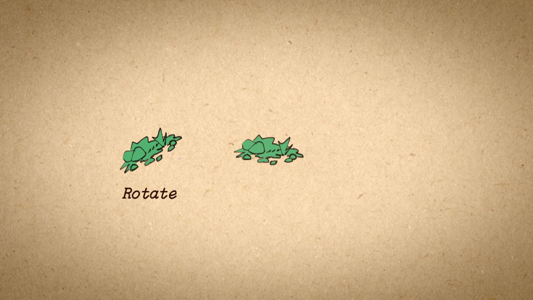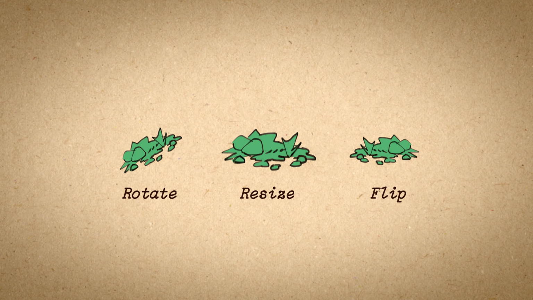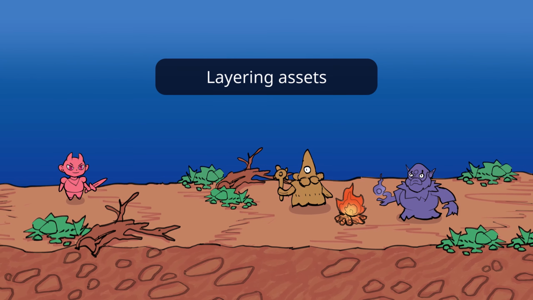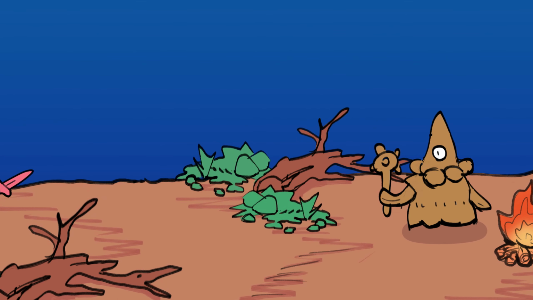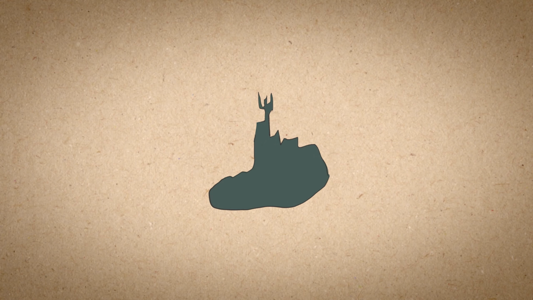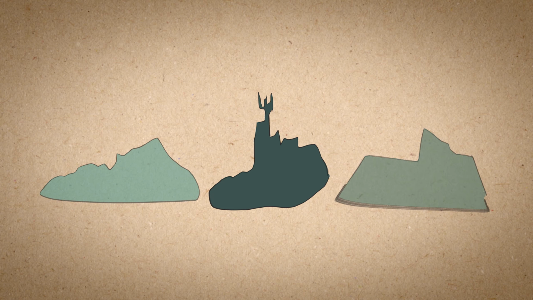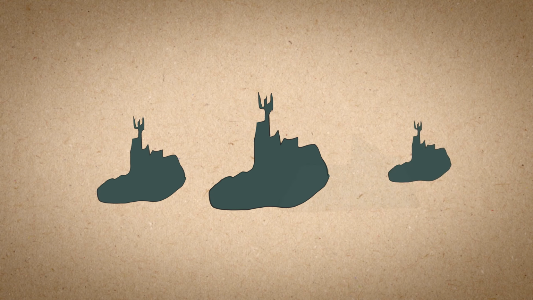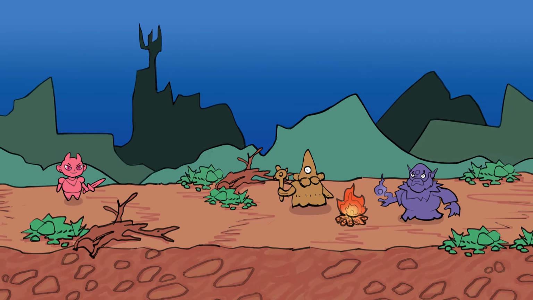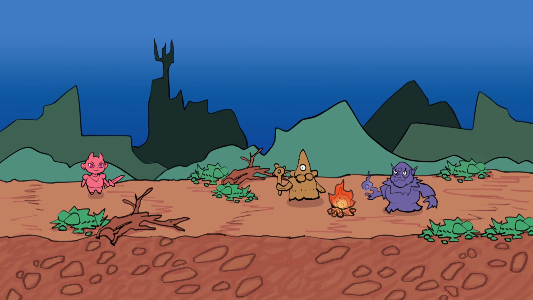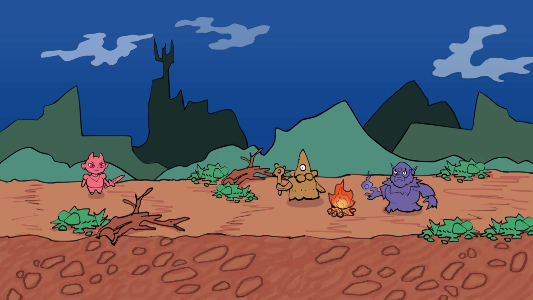You can apply some rotation, resizing, and flipping to make it less obvious it's the same branch and foliage. Also do some layering to hide the shape of the objects. For example, here I've used grass to block the base of the second trunk. The castle is the most distinct asset from the background. I could have used multiple copies with different sizes and positions, but I think using it just once makes it more special and creates a nice composition. I've made some changes to the mountains because they were too small, and also added a few clouds.